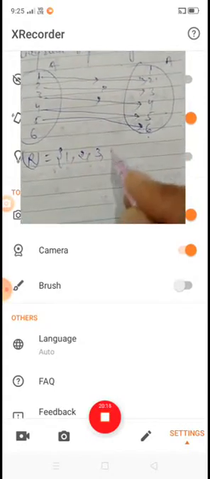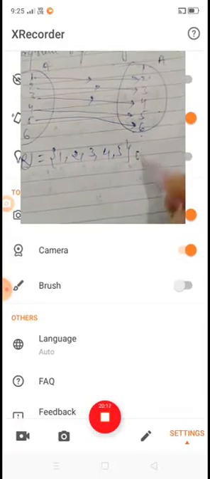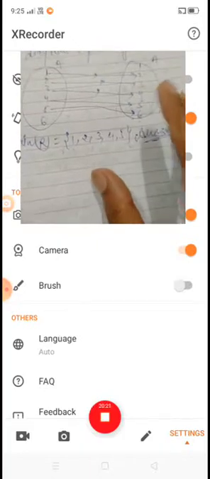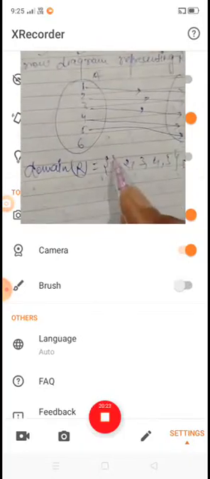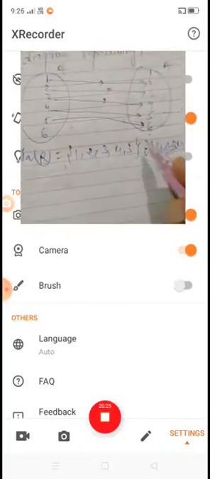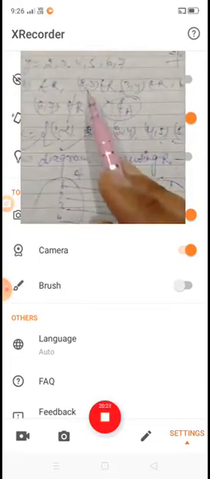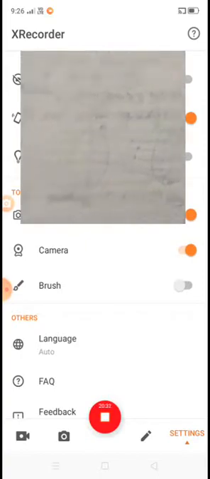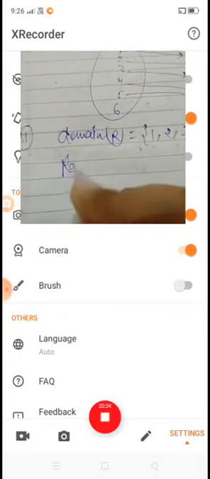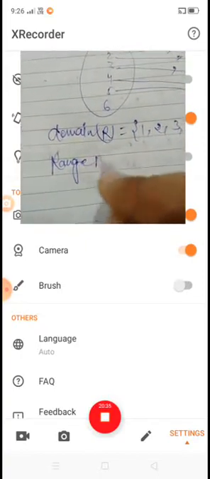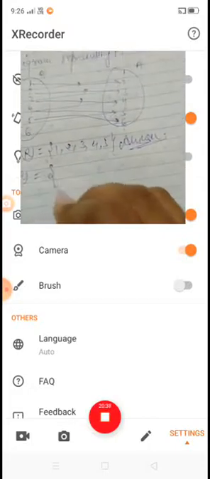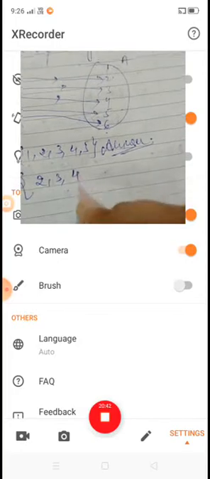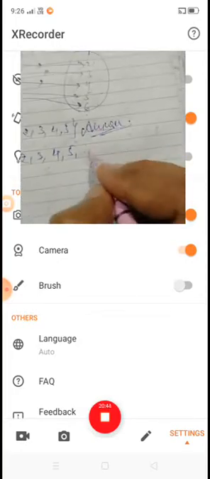1, 2, 3, 4 and 5. This is your answer. Okay, and the range of R, this is also called the codomain. That is the set of all the second components, that is 2, 3, 4, 5 and 6. That is 2, 3, 4, 5 and